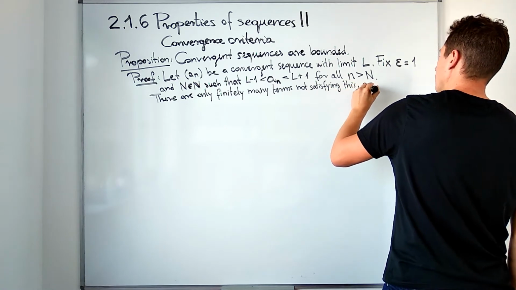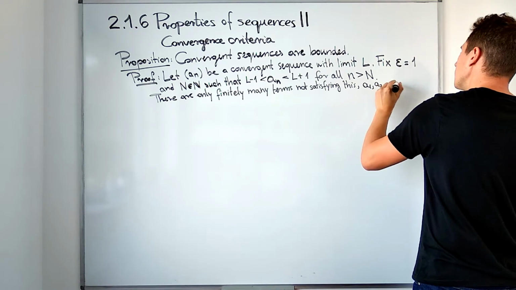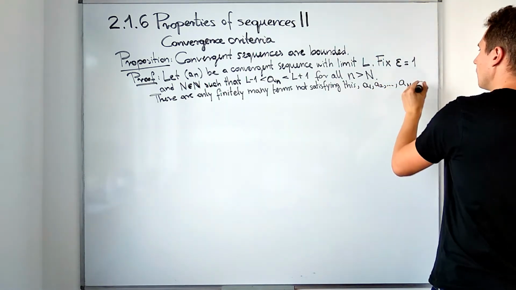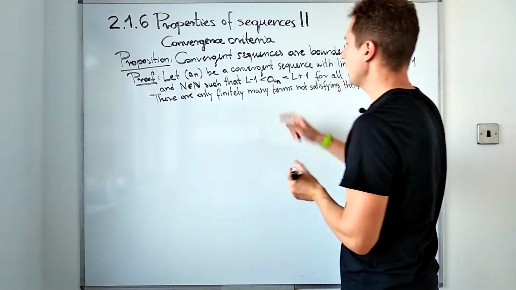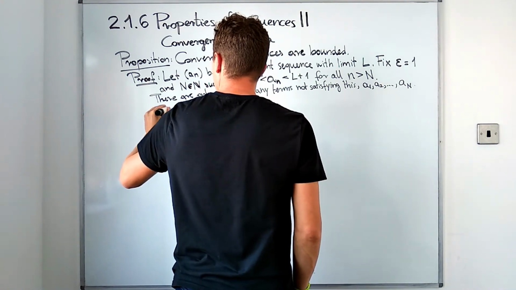Namely, even these terms could satisfy this inequality, but potentially it could be the case that these terms do not satisfy that inequality. But even if that's not the case, we can say that